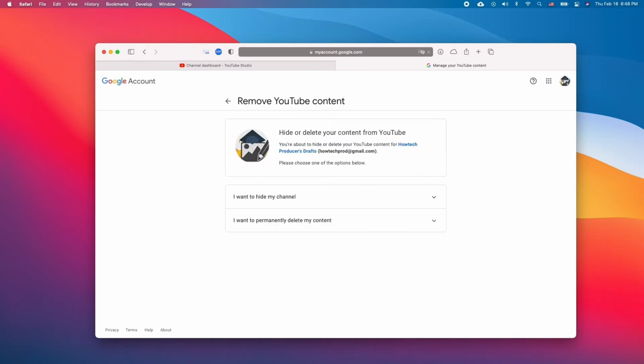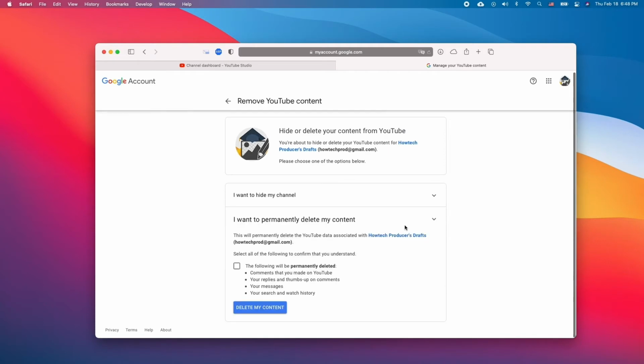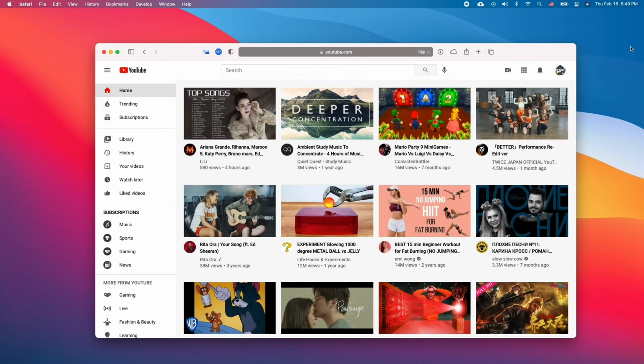Select I want to permanently delete my content. Select the boxes to confirm you want to delete your channel. Click Delete My Content. After you delete a channel, the channel URL and channel name will no longer be visible